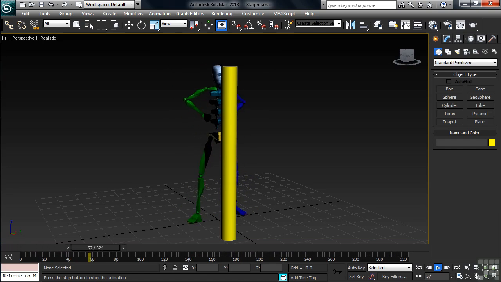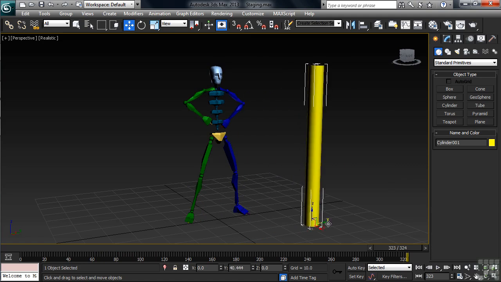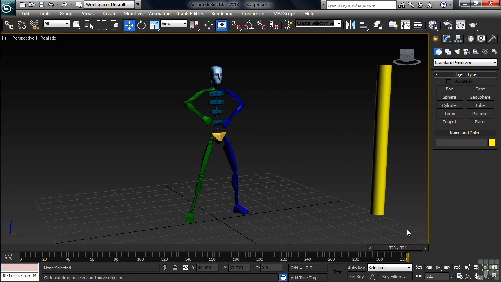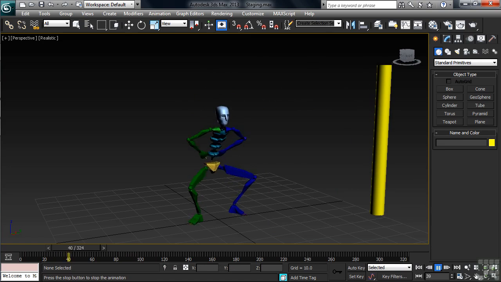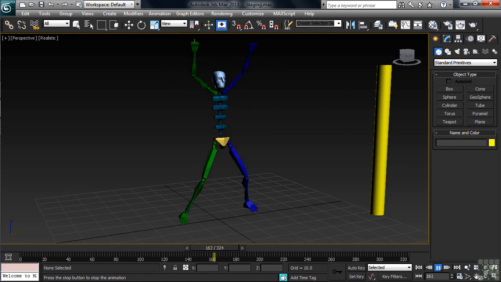So here, with the character performing his exercises behind the yellow pole, it's not just a little tough to see what he's doing, but it's frankly kind of distracting. Not being able to clearly focus on what is obviously the most important thing in the shot. To substantially improve things, all you have to do is move the pole off to the side. We can then clearly see our character getting a good workout. So with staging, make things easy to see and understand.